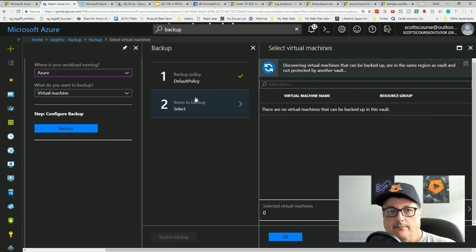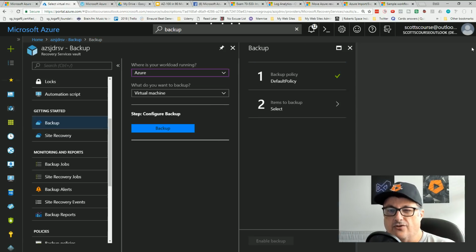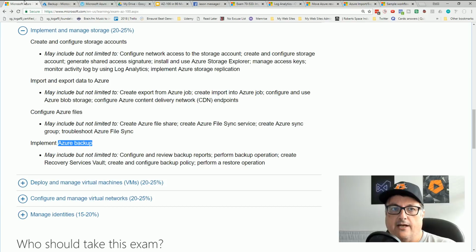You're choosing your virtual machines, and it's installing an Azure VM extension, and it'll do the backup according to the schedule. So Azure Recovery Services will manage the backups. Okay, so there's 3 or 4 different scenarios for Azure backup.